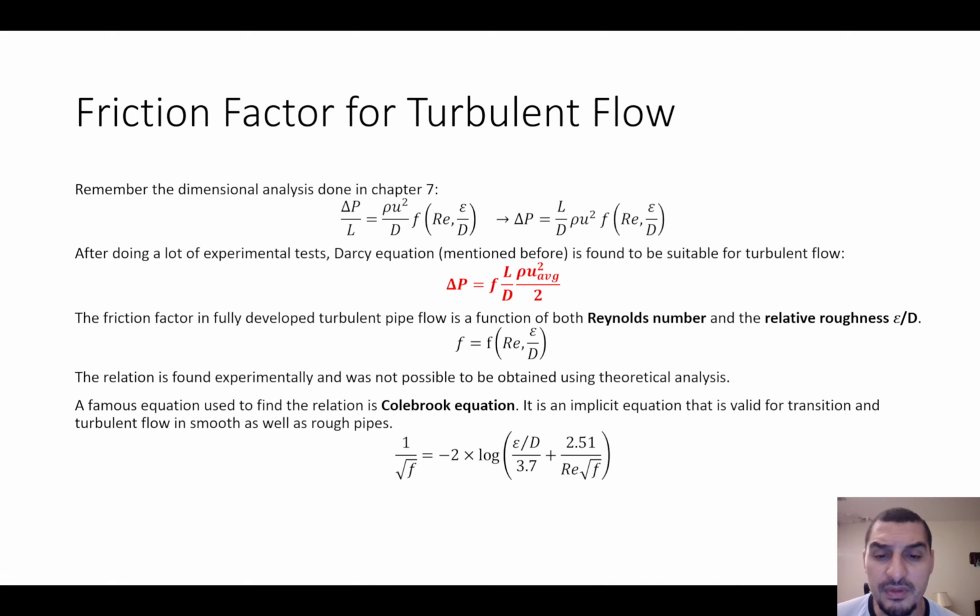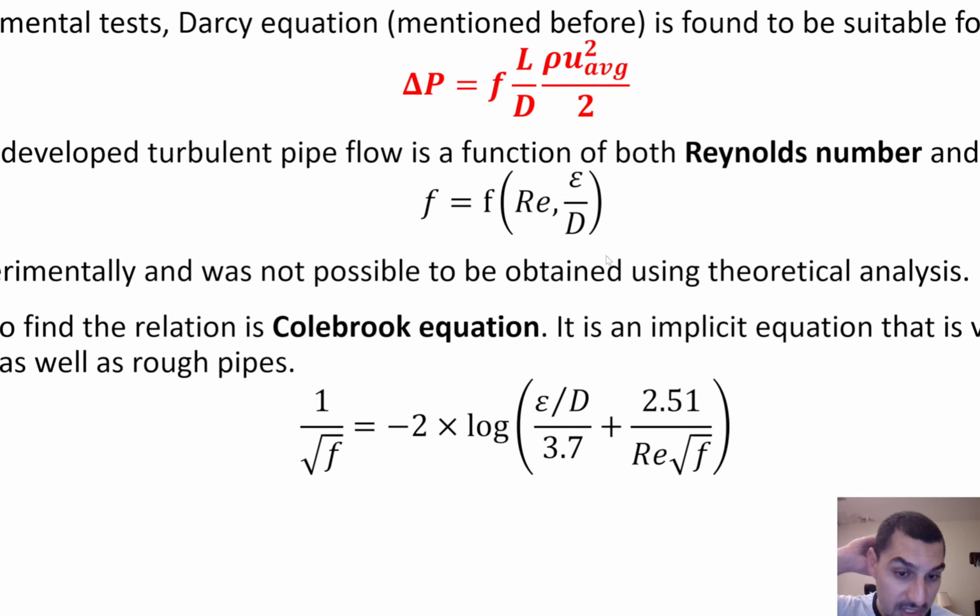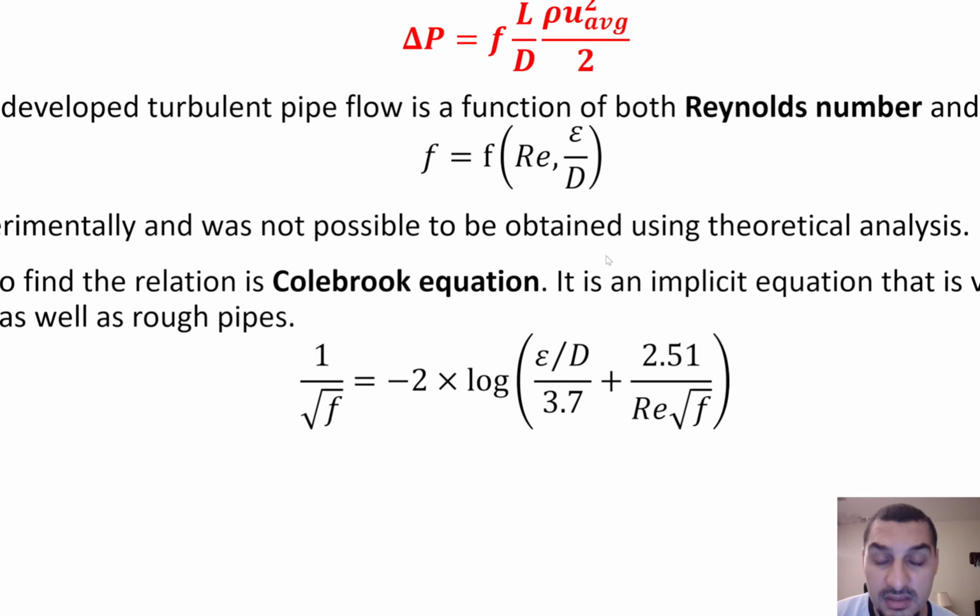And of course it's expected that the equation would be more complex compared to the equation of laminar flow, which is a constant over Reynolds number in that case. So in the case of turbulent flow, you'd see that the equation is much more complicated for calculating the friction factor. First thing to notice is that here is epsilon over D and here is Reynolds number, so the friction factor is dependent on both. The second thing, which is very important, is that this equation is an implicit equation, which means that the friction factor is here and is also here,